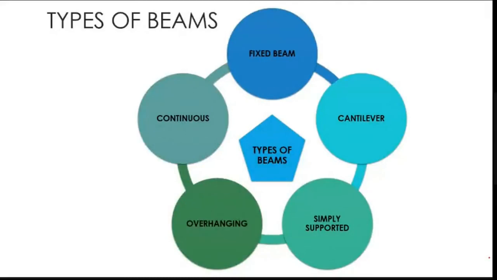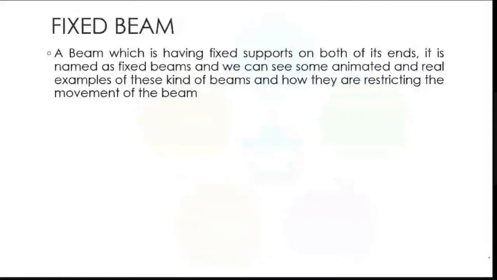When you look at beams, there are 5 different types of beams you can see here, which are indicated: fixed beam, cantilever beam, simply supported beam, overhanging beam, and a continuous beam. Right. These are the different types of beams. So a fixed beam. You can see some slabs in your house, right? Which is fixed on both sides. So fixed on the wall,